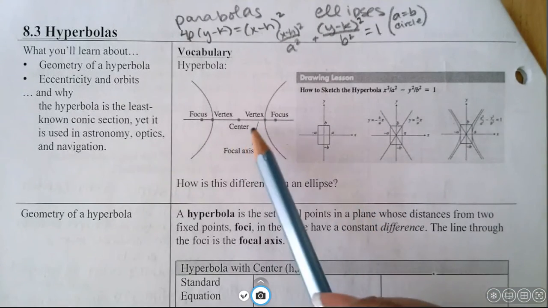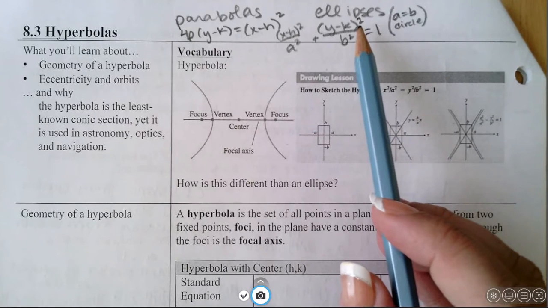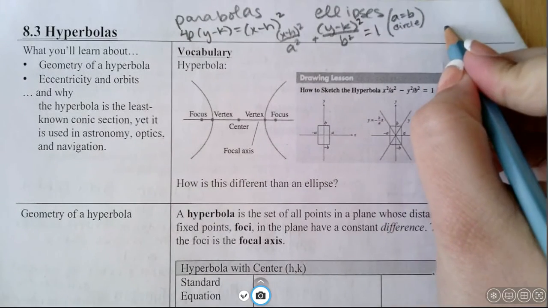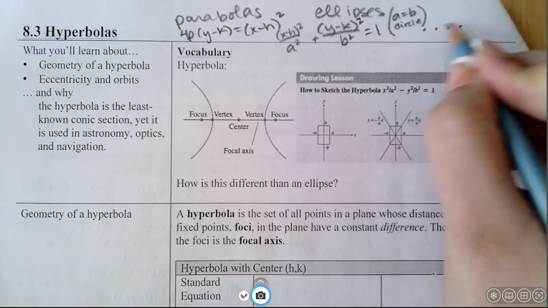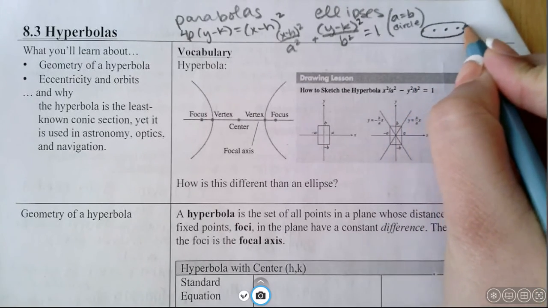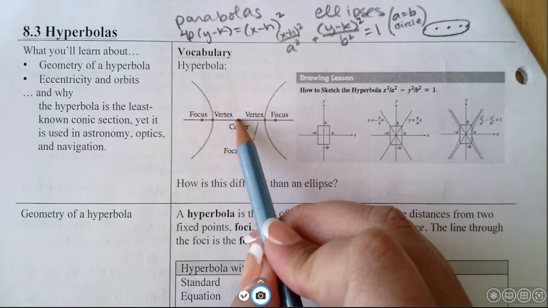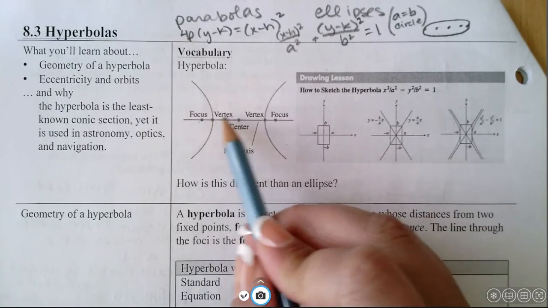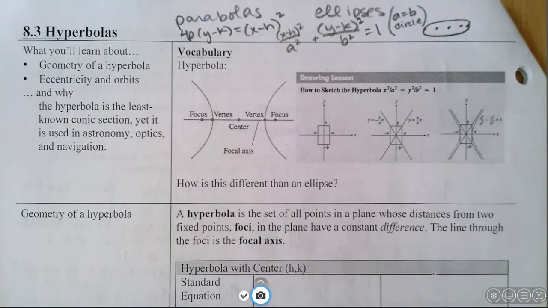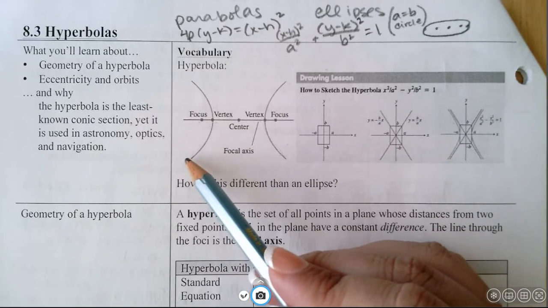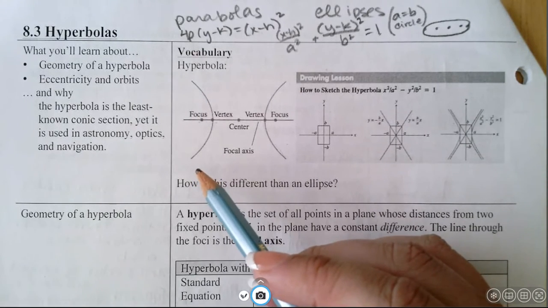Okay, so hyperbolas are very, very similar to ellipses, except that the foci are on the outside of the vertices. So remember, for an ellipse, you had a center, two foci, two vertices, and the ellipse goes around the foci through the vertices. Well, for a hyperbola, again, you have a center and foci and vertices, but this time the vertices are within the foci. So the shape goes through the vertices, still around the foci, but now it's facing outward,